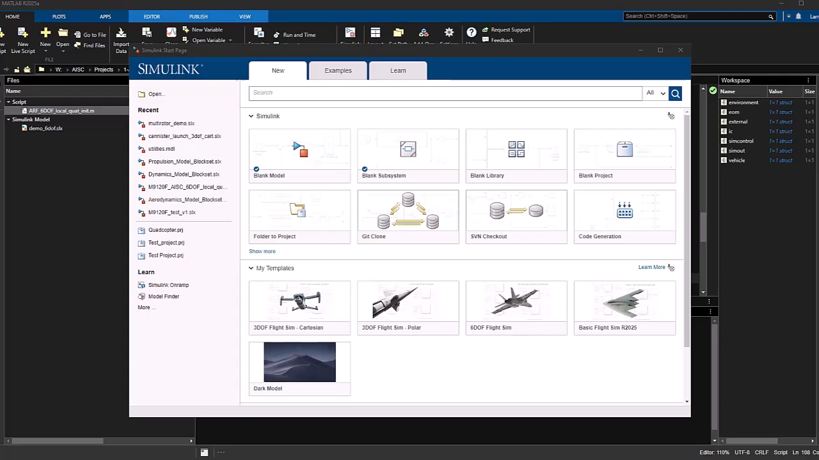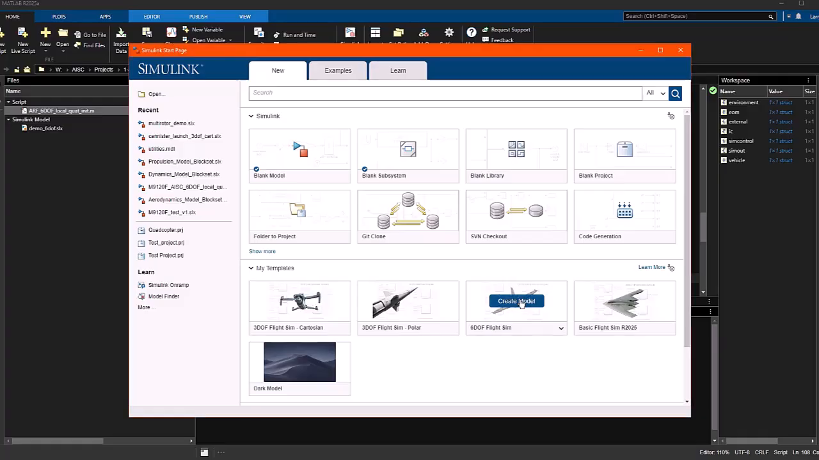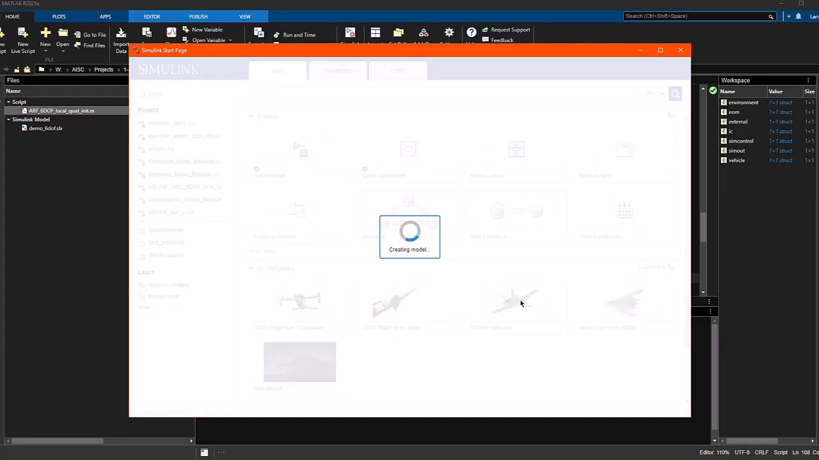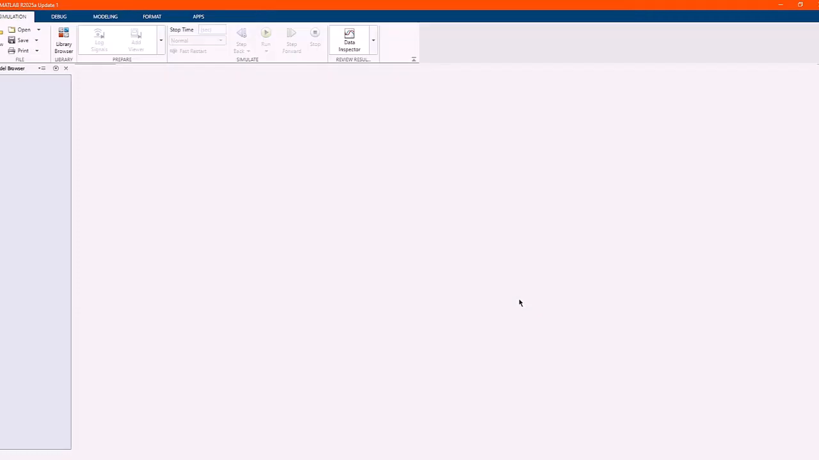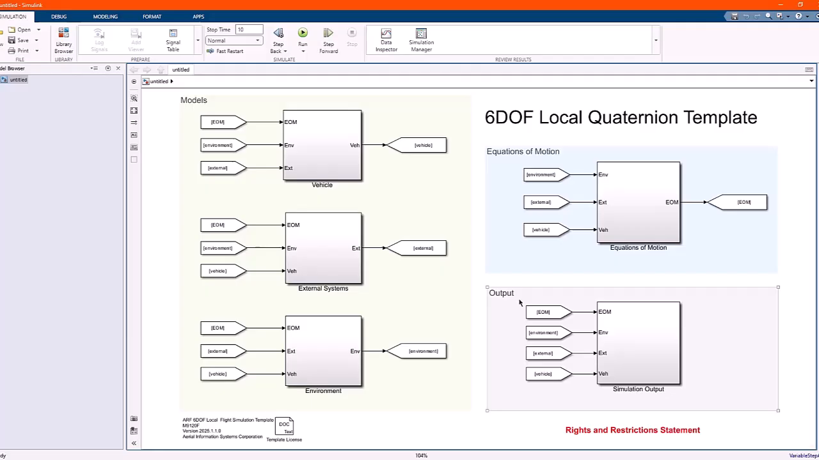Let's create a Simulink model. If you're unfamiliar with Simulink templates, they are essentially stored in a folder on the MATLAB path. When you launch Simulink, these templates appear under My Templates. Simply click on a template, and Simulink will generate a new model. Here is your top-level model view, which includes the equations of motion, simulation output, environment, external systems, and the vehicle